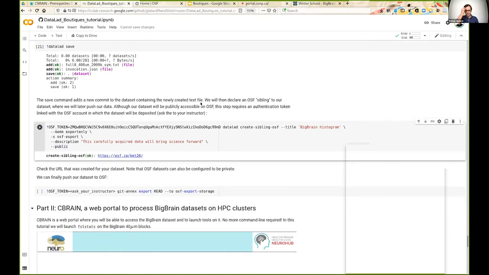If I run this cell, this actually creates, in DataLad jargon, what's called a sibling. A sibling is like a clone of the datasets, a mirror of the datasets in OSF. And you see the OSF datasets are accessible then through this URL that you should see appearing in your notebook. If I click on this link,